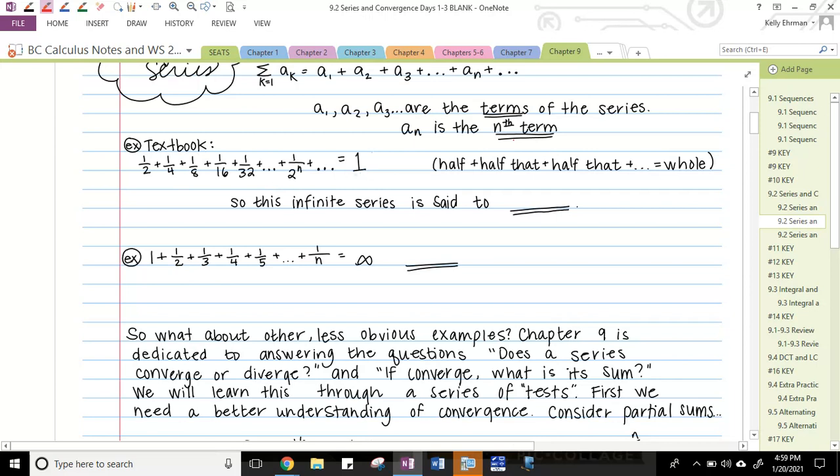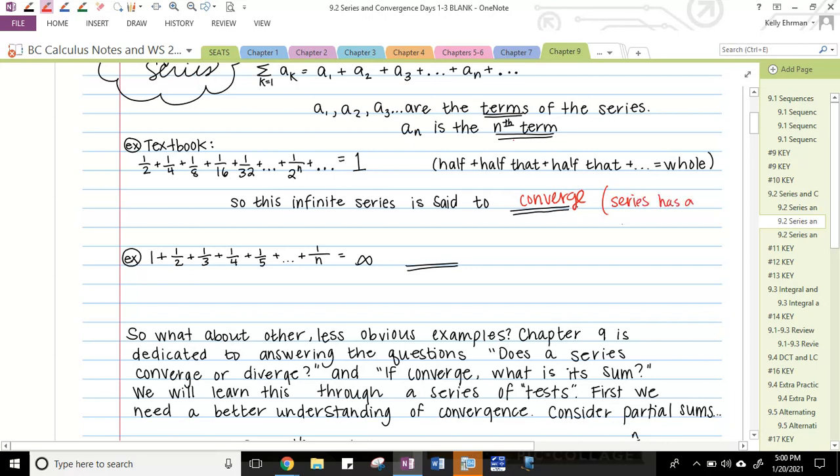We are going to come up with a proof or a way to show the math behind that, but for now, if this infinite series, where I add up an infinite number of terms, gets an actual sum, that series is said to converge, just like we've been doing. With sequences, converge meant that the terms all approach a certain value. Here, the series